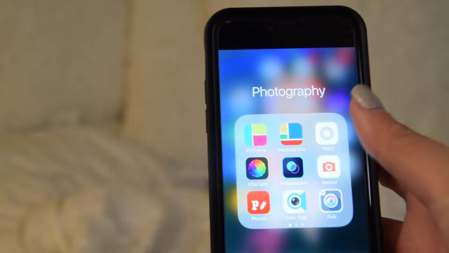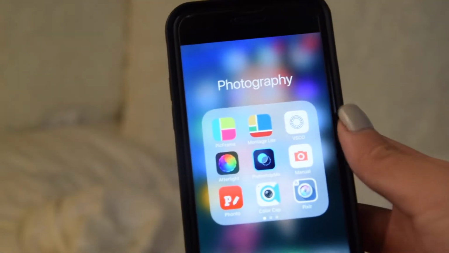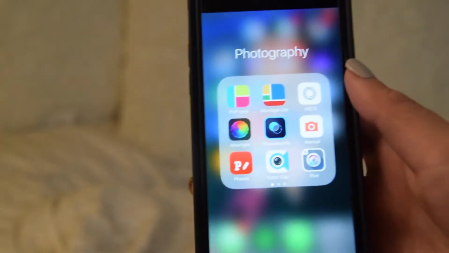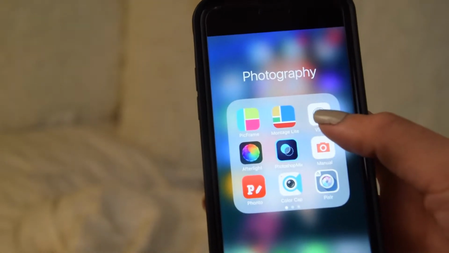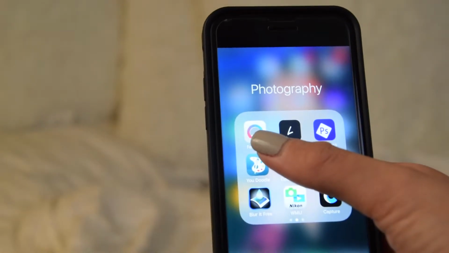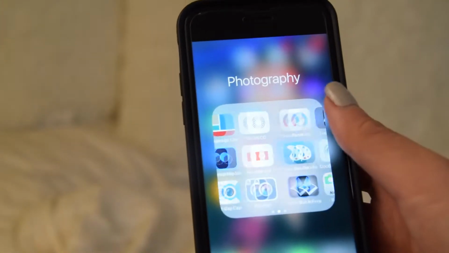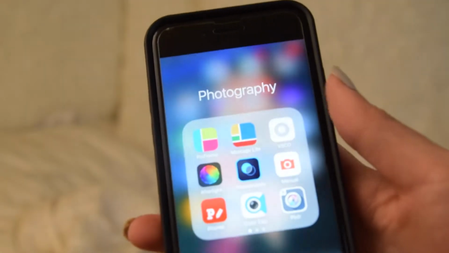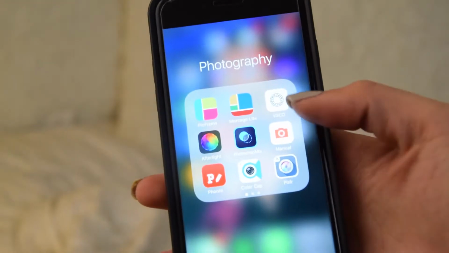I probably need my phone before I do that. One sec. Okay, so I have a photography folder on my phone. There's a few pages here of stuff, but honestly the only apps I really use are VSCO and Facetune. I'll occasionally use Afterlight if I really need it, depending how the photo quality is, but usually I only use